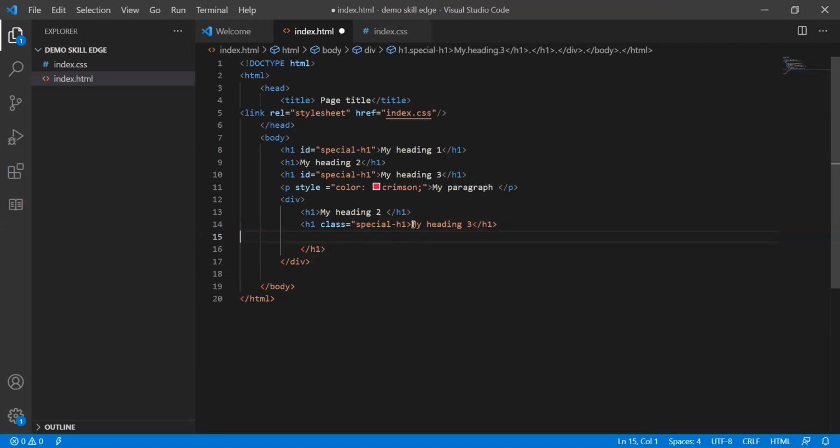Special H1. I have entered another one here. Opening tag and a closing tag. Double quotes after special H1.